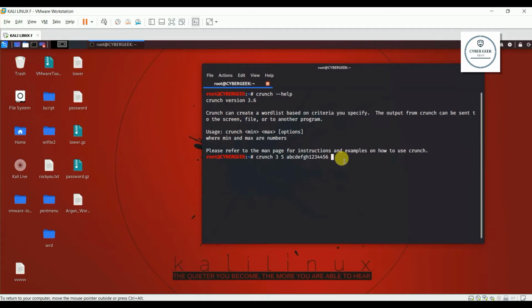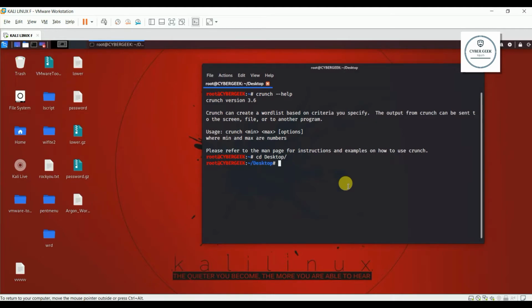All you have to do is type -o for output, and then your word list name. Sorry for this, I just messed up. Better you go to desktop.